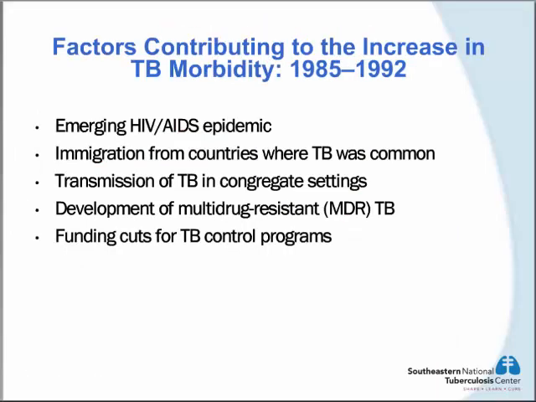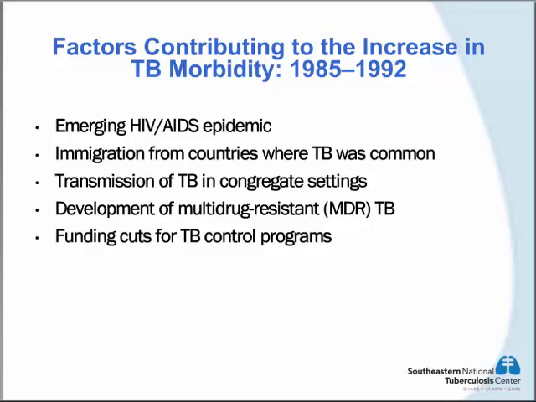The factors that contributed to the increase in TB morbidity during that time were the occurrence of the HIV epidemic in the United States, increased immigration from countries where TB was common, and also we started seeing transmission of TB in congregate settings, such as nursing homes, jails and prisons. The other thing was the development of multi-drug resistant TB, which started popping up a lot more frequently. And at the same time these things were happening, there were significant cuts in the funding for the local